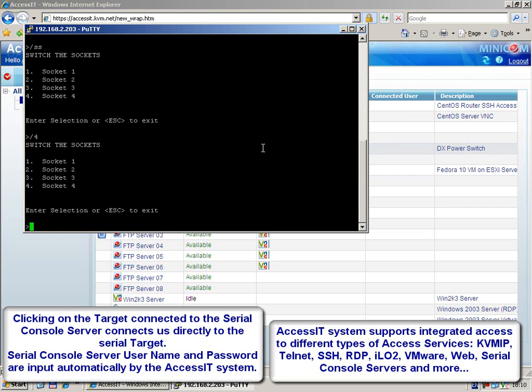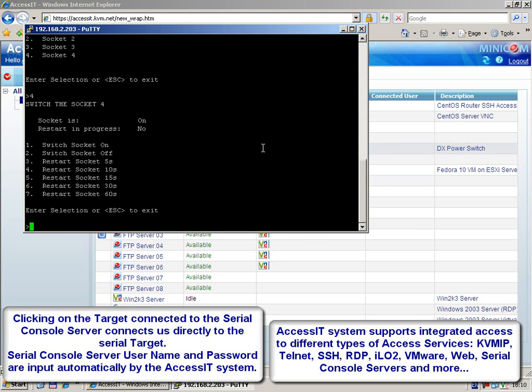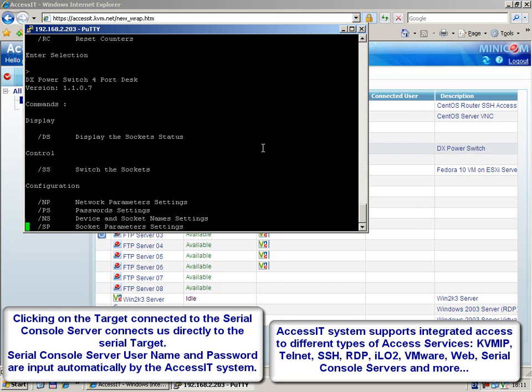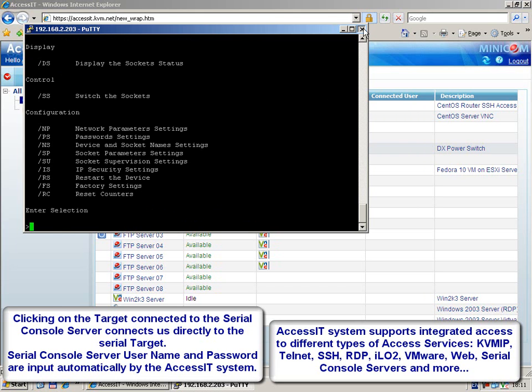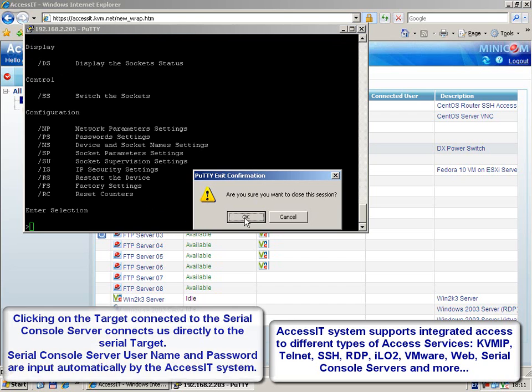Here is an example of how a user accesses a serial console server or devices via a serial console server. The user clicks on the target connected to the serial console server and is connected directly to the serial target. Serial console server username and password are entered automatically by the AccessIT system, saving time and